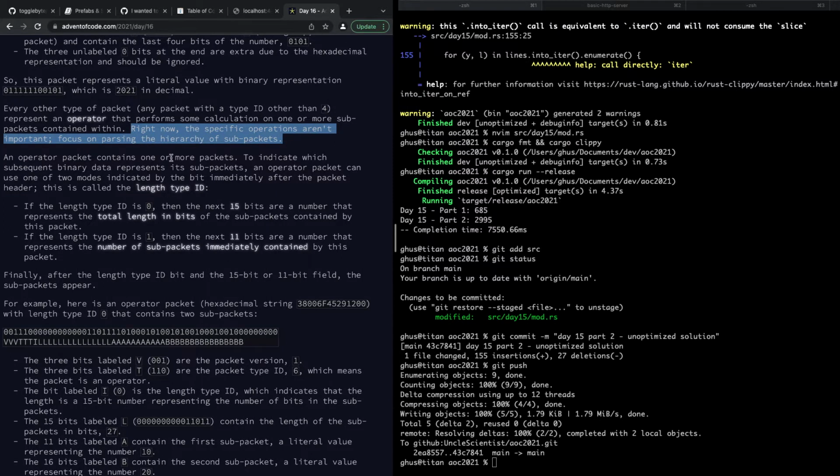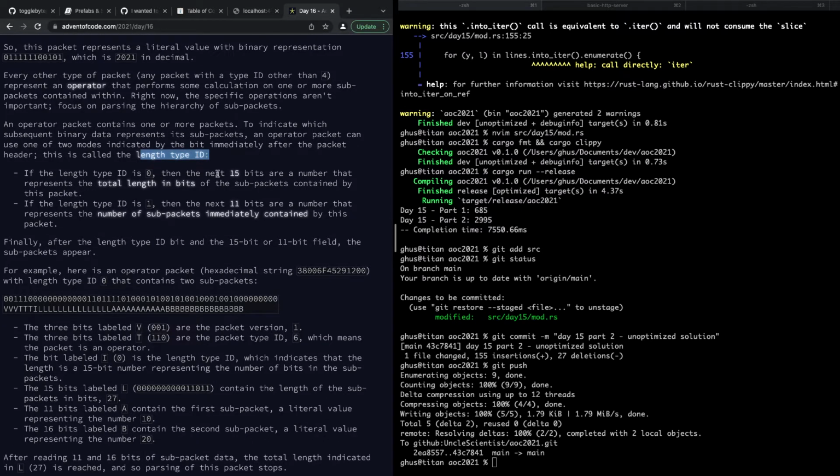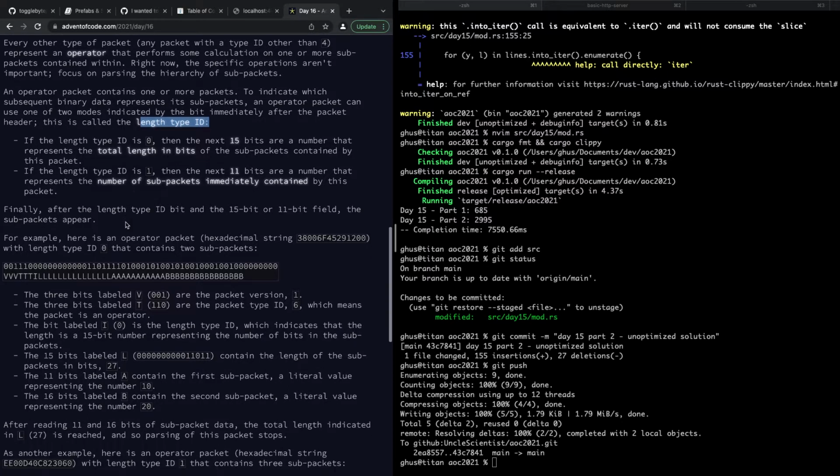All right, an operator packet contains 1 or more packets. To indicate which subsequent binary data represents its subpackets, an operator packet can use one of 2 modes, indicated by the bit immediately after the packet header. This is called the length type ID. If the length type ID is 0, the next 15 bits are a number that represents the total length in bits of the subpackets contained by the packet. If the length type ID is 1, the next 11 bits are a number that represents the number of subpackets immediately contained. Finally, after the length type ID bit and the 15 or 11 bit field,